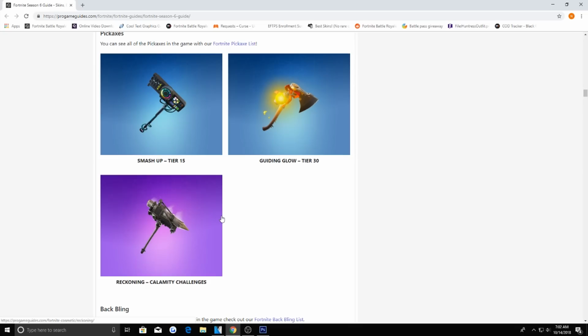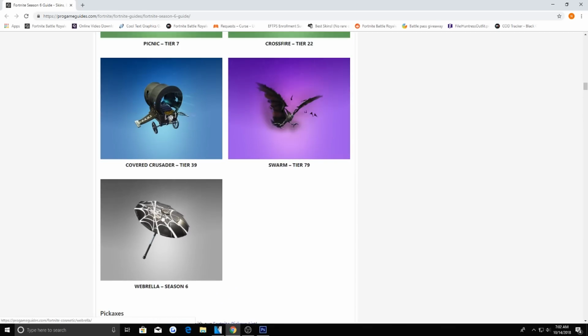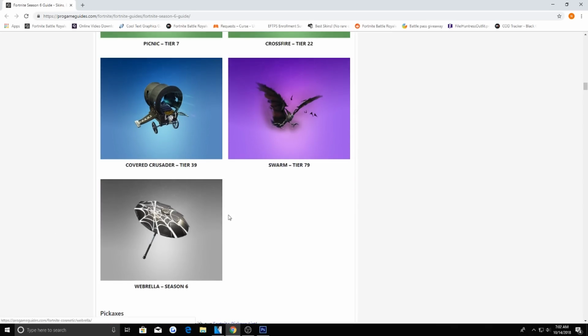Reckoning, not a bad pickaxe by far. Definitely a great one. Smash Up, definitely a decent pickaxe, not terrible. Okay, so for the gliders, for me, I love this umbrella. I love it. Holy crap,